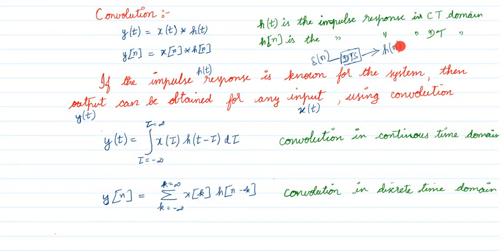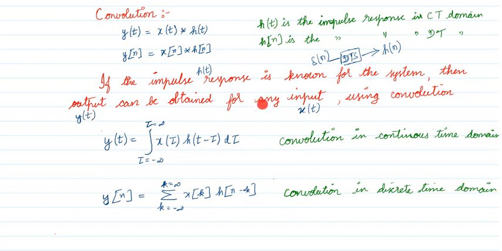Why is this impulse response very important? In discrete time domain, I will be using impulse response as h of n. In continuous time domain, I will be using impulse response as h of t. That is the difference. Now, why is this impulse response important? Because if the impulse response, h of t or h of n, is known for the system, then the output, which is y of t or y of n, generally that's how we name the output, in continuous time domain it is y of t, in discrete time domain it is y of n,